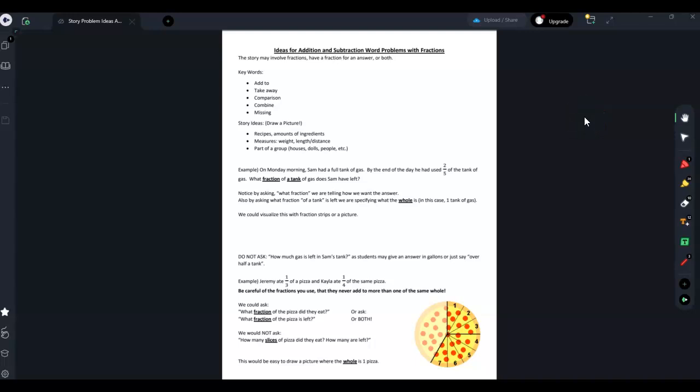Here we are going to discuss addition and subtraction word problems with fractions. The things that you saw in MAE 201 with addition and subtraction problems involving integers or whole numbers, you can apply some of those same things to story problems with fractions. The same types of problems that you saw: add to, take from, comparison, combine, missing addend, all those things